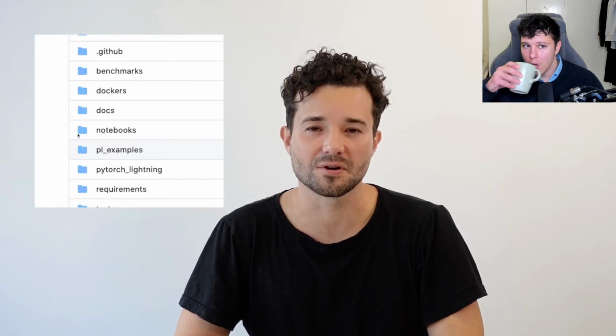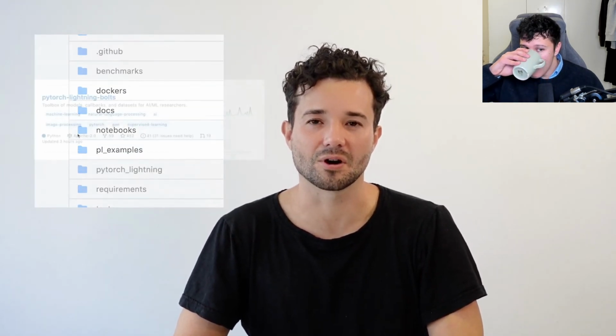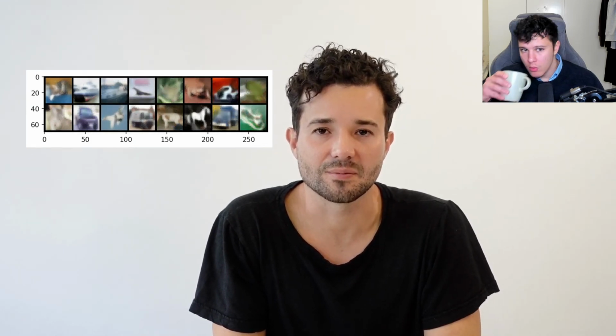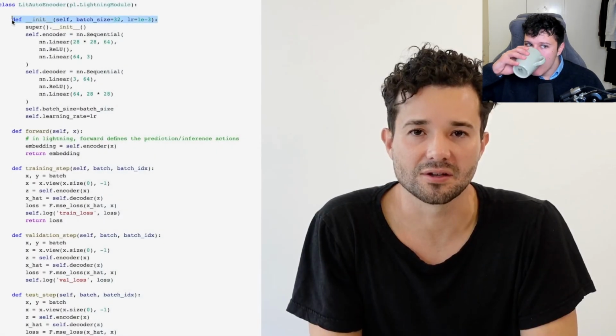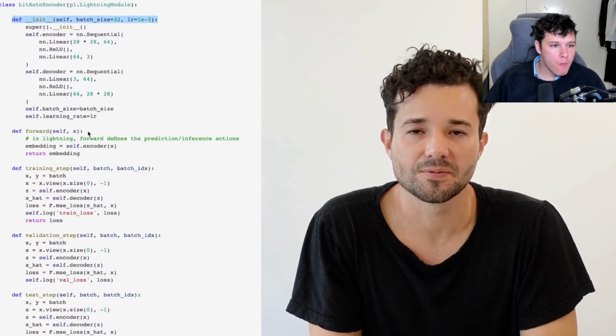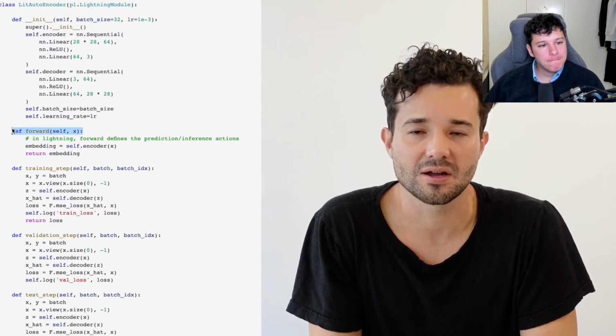But if you go to our repo under examples or our bolts library, you can see many more advanced use cases there. An autoencoder consists of two networks, an encoder and a decoder. The encoder takes an input X and then projects it down to a low dimension, and then the decoder tries to reconstruct X from that low dimension. It's a very simple process, which we define in this Lightning module. In the init, we pass in the two different networks we want to use, an encoder and a decoder. In the forward step, we define how we want